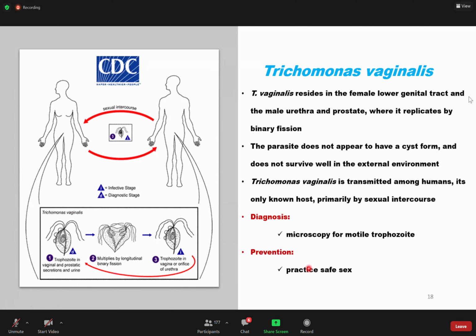Another way to prevent is when you get an index patient who is infected, treat adequately and ensure that all the sexual contacts of that particular index patient are treated. So if the patient tells you I have 10 sexual partners, don't be judgmental, just encourage him or her to bring all the partners for treatment, okay? Because humans are the reservoirs, we know that. So if you treat adequately, you're going to break the chain of transmission.